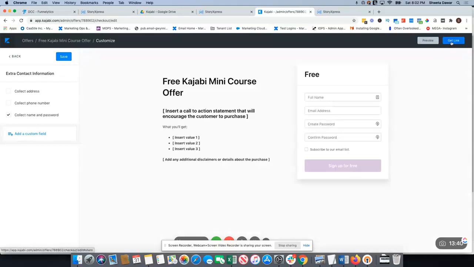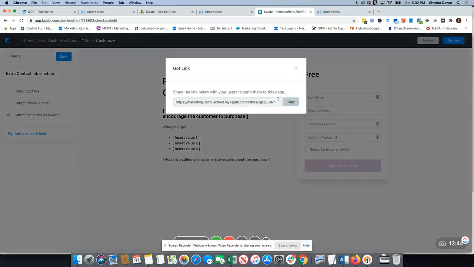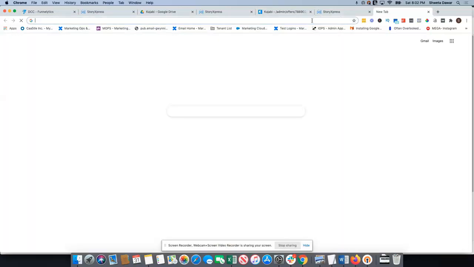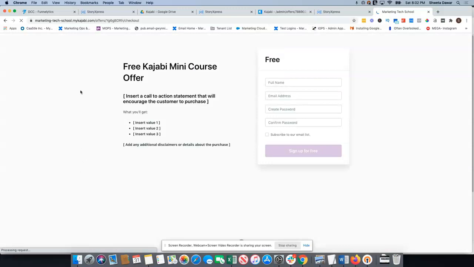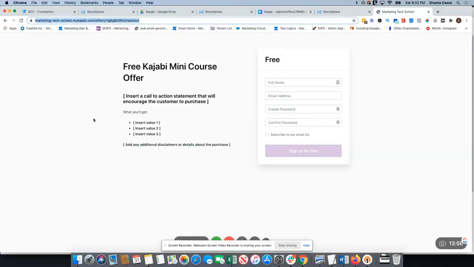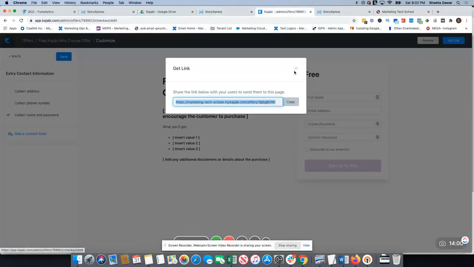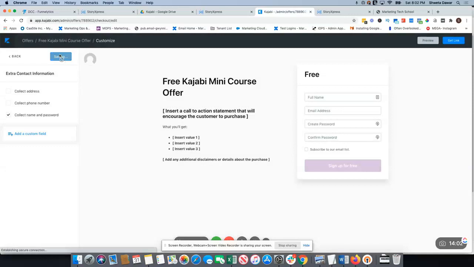and here, this is where you will get the link. So this is your checkout page link. If I copy and paste it here, it's going to take me to this checkout page. This is exactly the link that you're going to use when you are using this checkout page with a sales page. So let's say this is my checkout page for this particular offer,